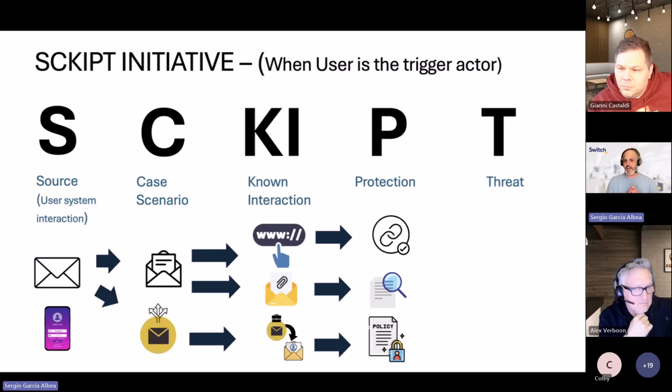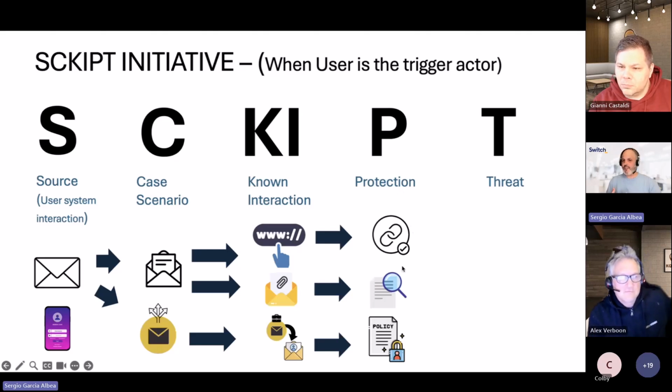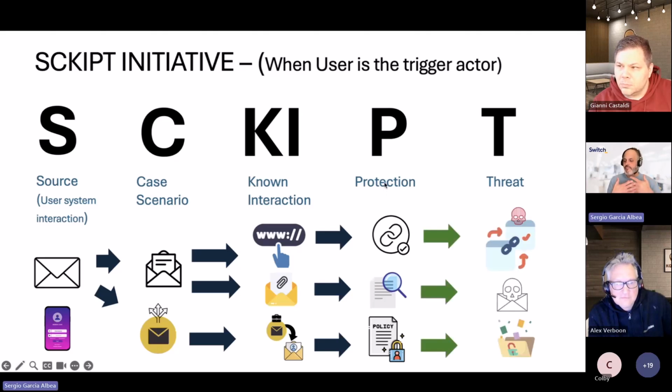How can we protect against that? For the links, we can have a second link verification. For attachment files, verify if the file is legitimate or suspicious, verifying, for example, the SHA file hashes also. And how to protect against sending information outside of the company by policy: you can deny sharing information, the forwarding of information. But if you are not protected or you cannot apply this protection, you need to understand and verify how you can fight or monitor against that threat.